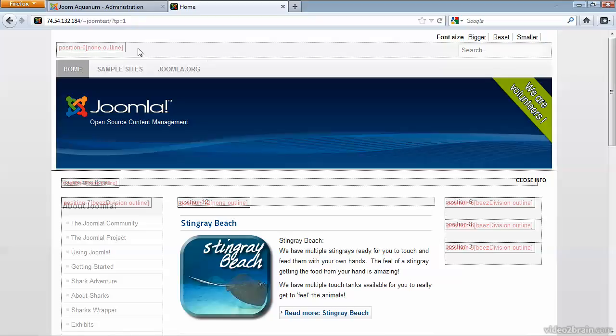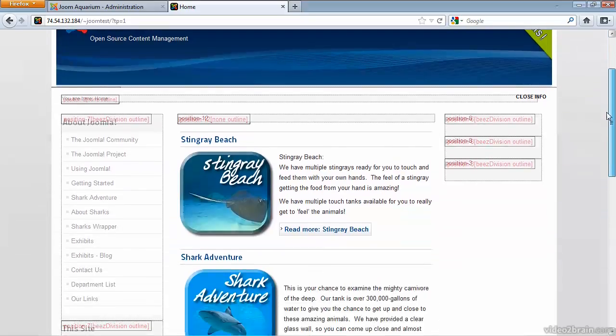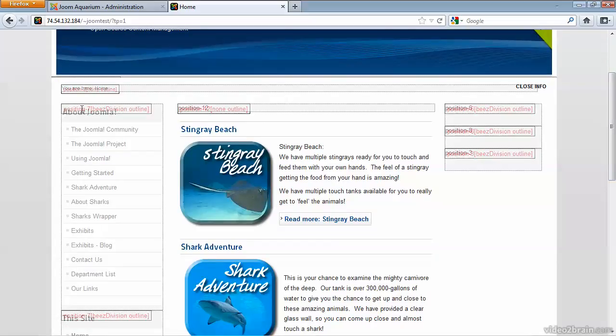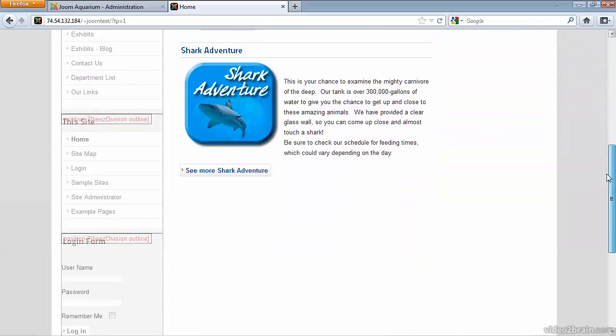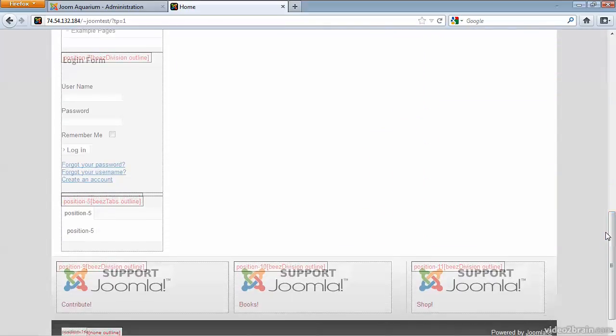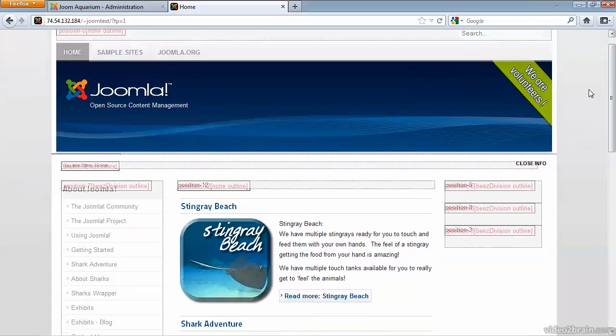I have a position up here, which is where you put the search. It's called position-0. My position on the left is position-7. I have position-12. Position 6 is on the right, also position 8 and position 3. If I scroll down, there's some more positions that I can work with, which is position 9, position 10, and position 11. What these positions mean is I can put modules or mini programs in these different pockets or areas